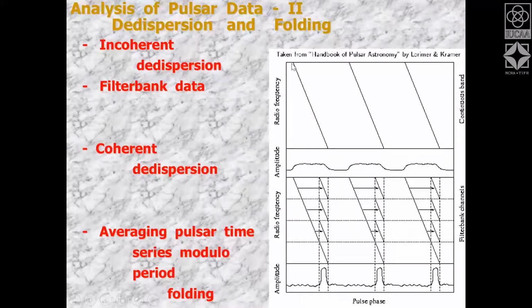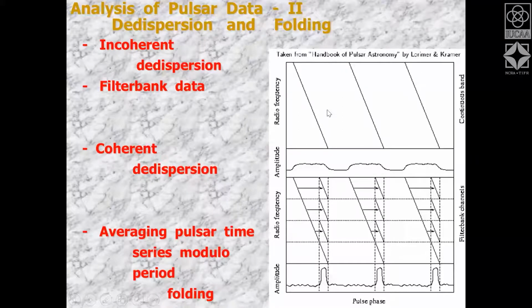Now, if you want to recover the signal to noise ratio, you need to align this pulse, which means that the higher frequencies you have to shift backwards, and the amount of shift will depend on the frequency. This shifting and aligning of the pulse is known as de-dispersion. And we have already talked about two ways of doing this. One way is where you just take the filter bank powers, where the phase information is lost. That is called incoherent de-dispersion.